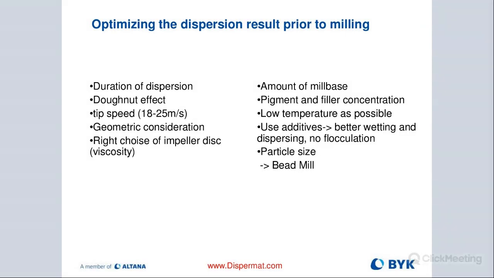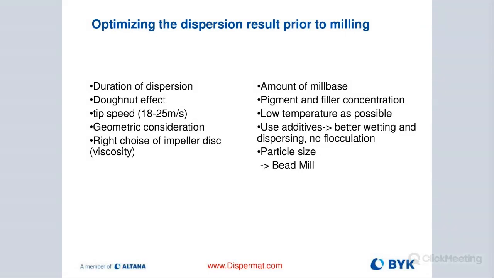That's the visual cue that we see when we look inside of a container, that it actually looks like a donut. Then we know we are optimizing our pre-dispersion process at 18 to 25 meters per second. So if the viscosity is in the range I talked about earlier, about 3 to 10,000 centipoise, and we stay within the tip speed range, we'll have a really good looking donut,